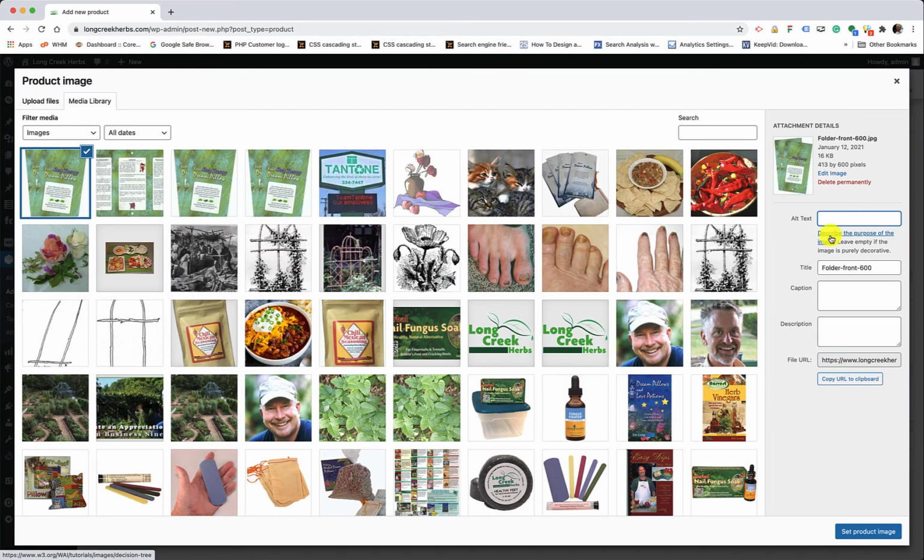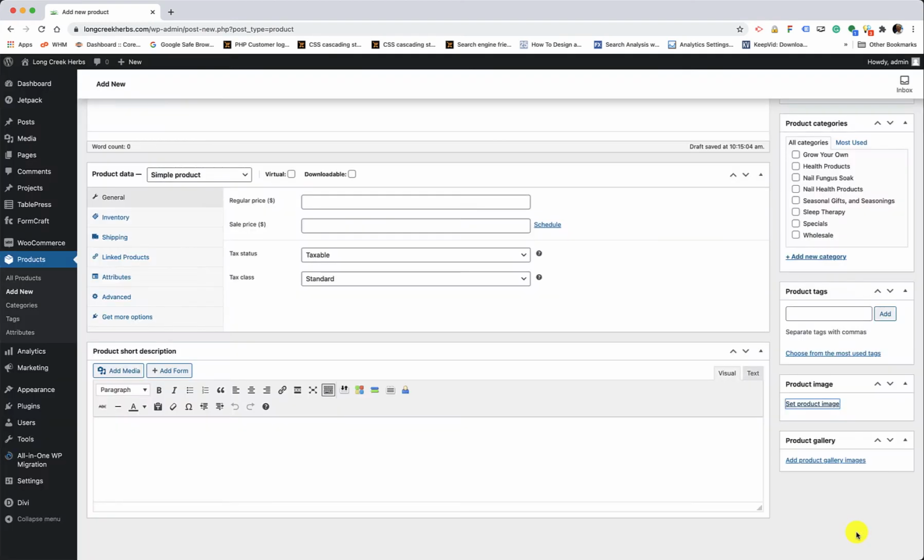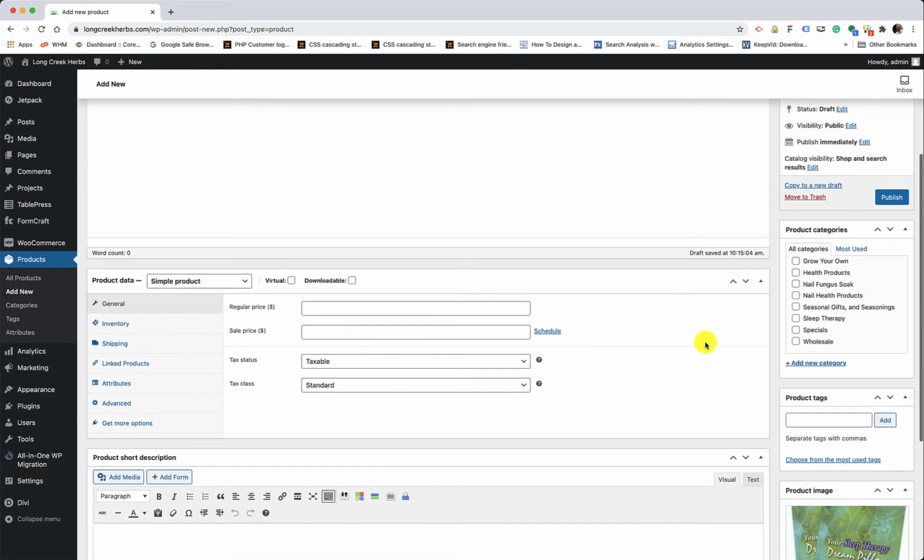And in the alt text field over here on the right, I'm going to type in all lowercase Sleep Therapy Folders. That's just so search engines will know what's going on there. You can leave all the rest of this blank. No need to fill that in. I'm going to come down here to the lower right hand corner, and select Set Product Image. Okay, now